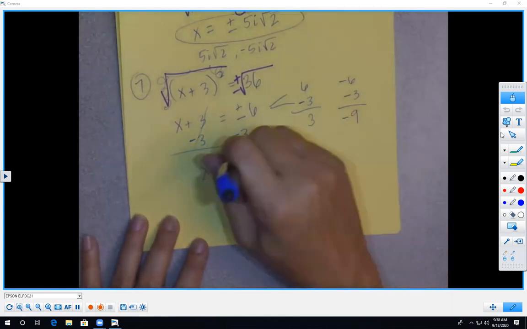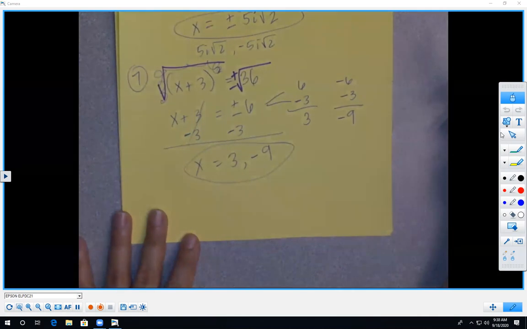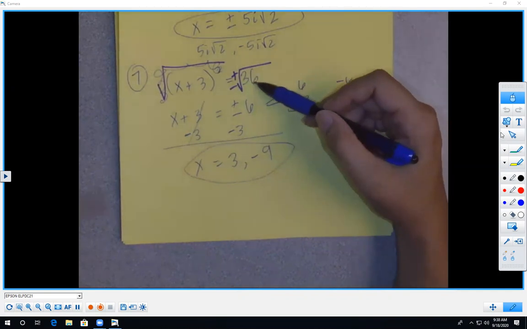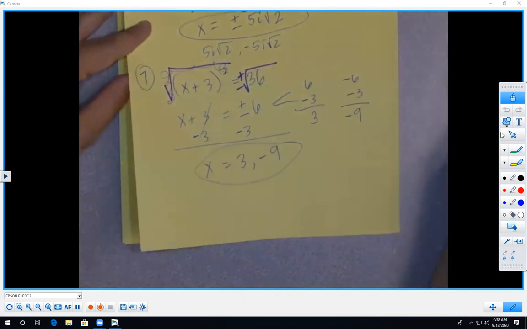Does that make sense? So I have to put the plus or minus in a little bit earlier than before, so it kind of makes me have two problems as I work it out. Not always, but when you can take the square root, you do. Let's do two more like that. What about if it was